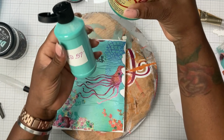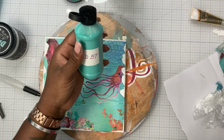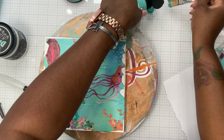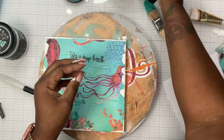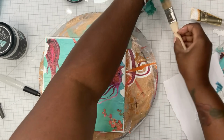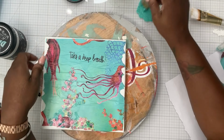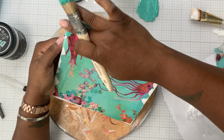So from here, I was trying to figure out which color I wanted to use. You couldn't see what I had, but I had 057 as well as Mermaid Tail, and it's from, no, it's not from DIY Paints. It's actually from the Dixie Belle line. So since I couldn't figure out which two colors I wanted to use, I ended up mixing the two colors together because